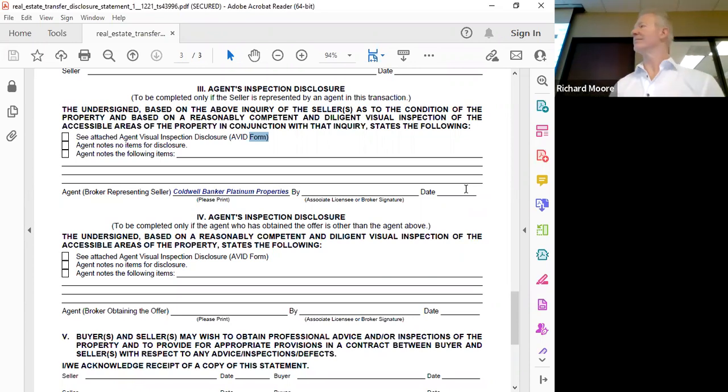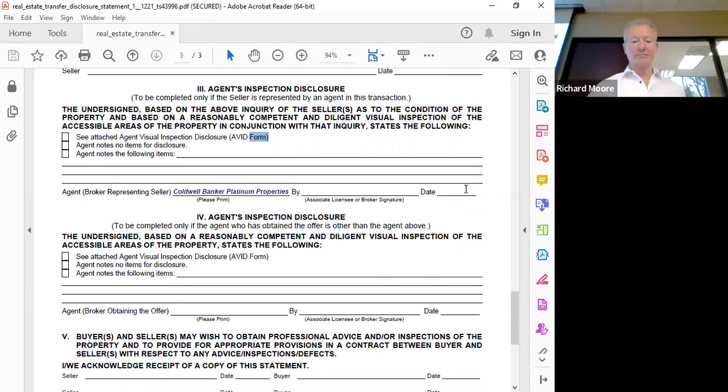So the buyer can still cancel? Absolutely. So you should make the seller aware, and if you're representing the buyer, I'd say at any time, if the seller refuses to provide disclosures we have requested, we should notify the buyer of that. Then that's all you can do, right? But you want to notify, if you're representing the buyer, notify them of that fact.